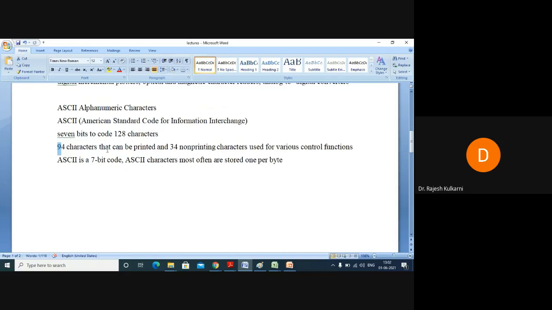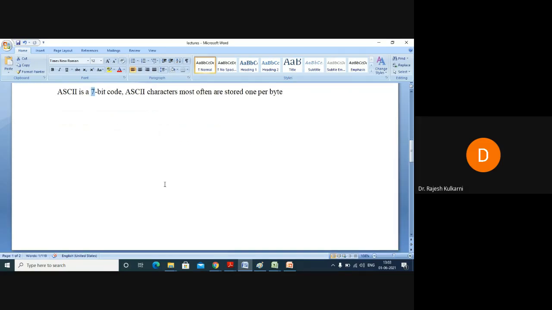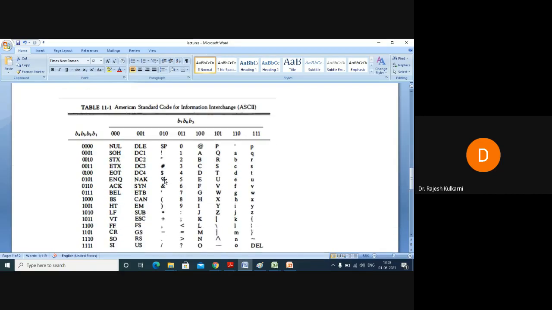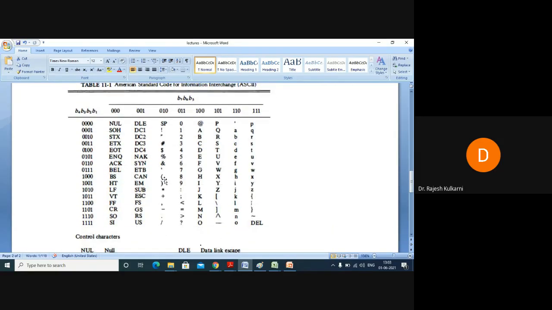Basically, an ASCII code is a 7-bit code, but we know the way computers work. Computers operate using bytes, is it not? And 1 byte consists of 8 bits. So there is 1 extra bit, right? That 1 extra bit may be used for special purposes, to indicate status, for masking, or some other purpose. This is the table of ASCII which is very popular.